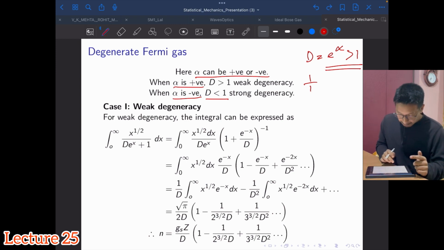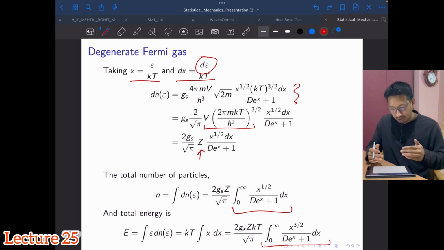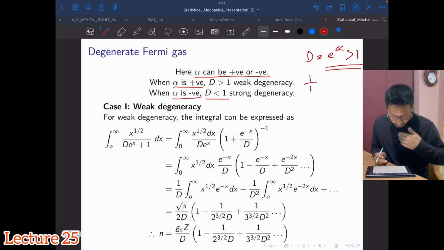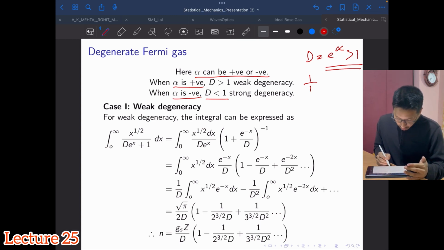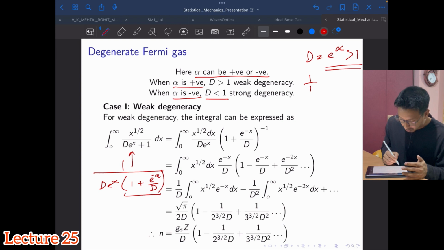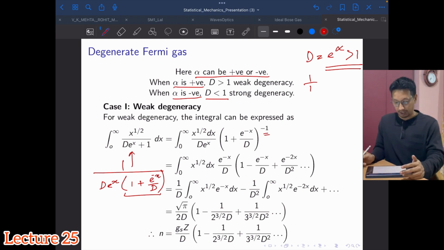All right, so basically here, to study the degeneracy part, you need to carry out this integration. Let us rewind ourselves with this integration. What you have to do here is take d e to the power x common, and in the denominator, take e to the power x common, 1 plus e to the power x minus like this. This entire term comes in the denominator, so if you take only this term to the top, it becomes like this, right, -1.